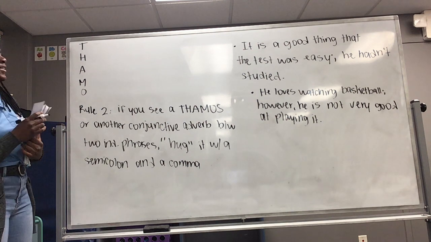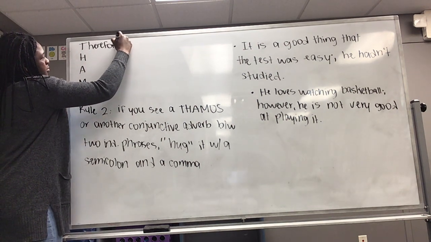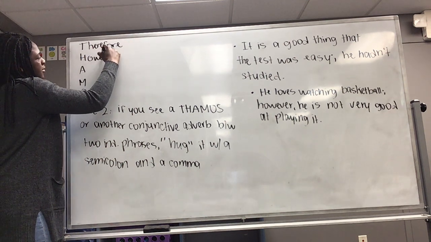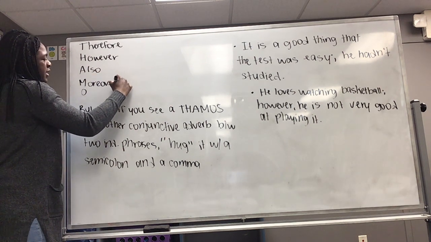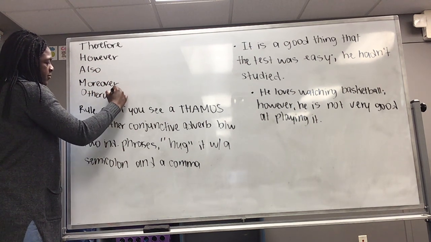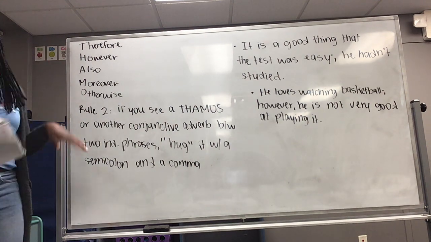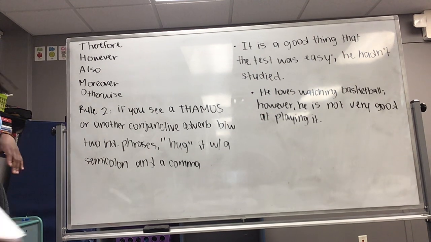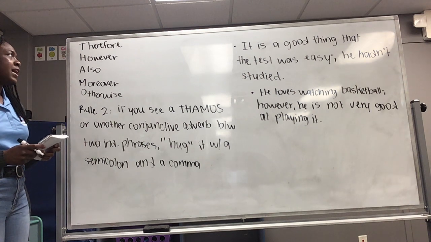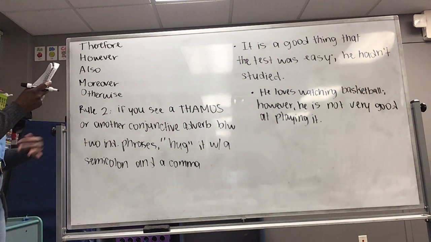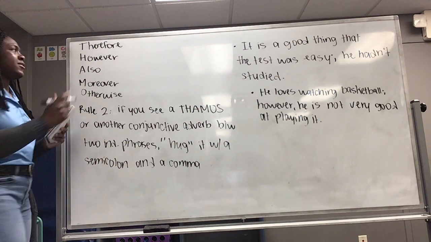Okay, so the T in FAMOS stands for therefore. H was however. A is also. M is moreover. And O is otherwise. So these are the conjunctive adverbs that you'll see a lot on the ACT, probably more than some of the others. And then a quick tip I want to mention is that if you see the word therefore, what comes after, I'm going to have you think